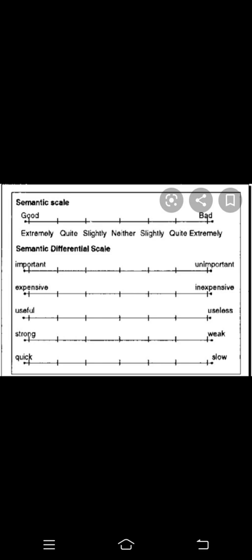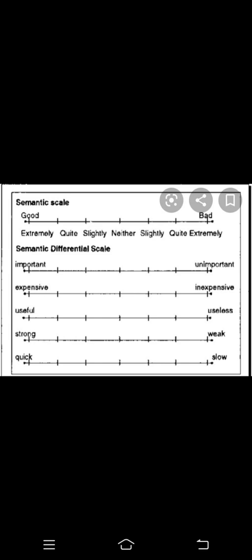Am I happy? I can't say no. I can't even say yes, because maybe I'm slightly happy or maybe I'm very happy. We cannot stick to just the words yes or no. That is why we have a rating scale where you can rate your feeling or whatever the question is about. Is it extremely good, quite good, or slightly good? And on the bad side, is it extremely bad, quite bad, slightly bad, or neither? Neither means you don't want to answer the question, or you don't know the answer.